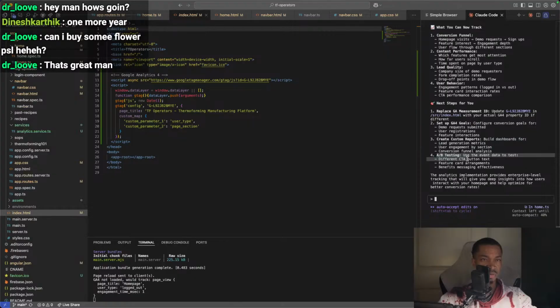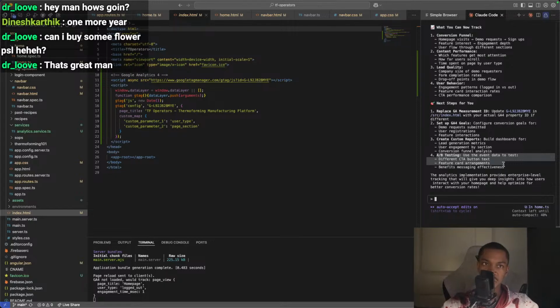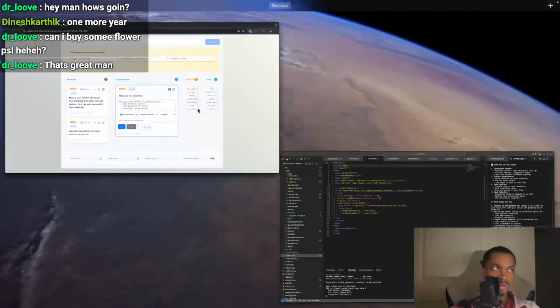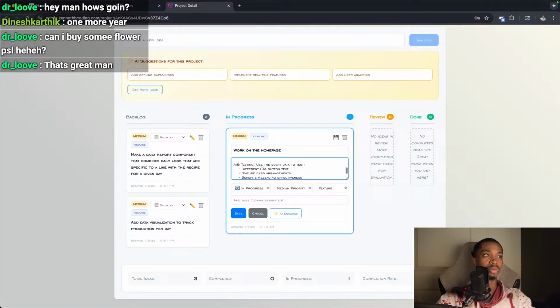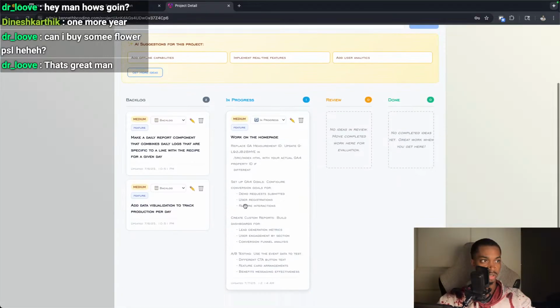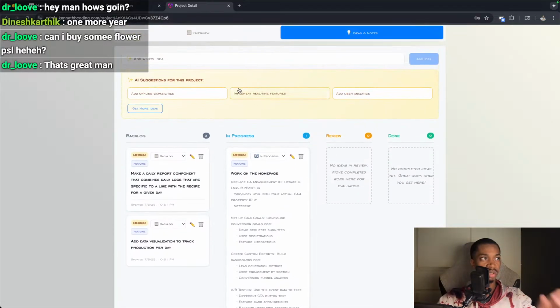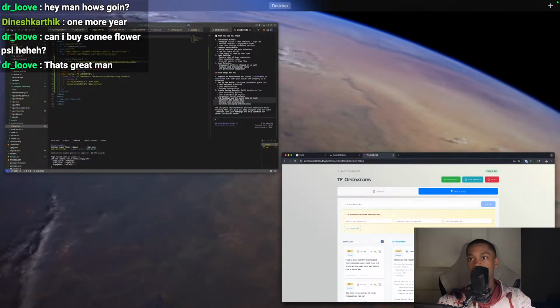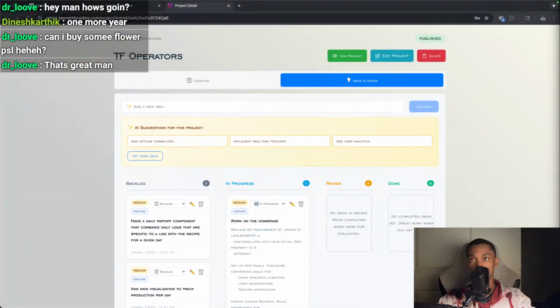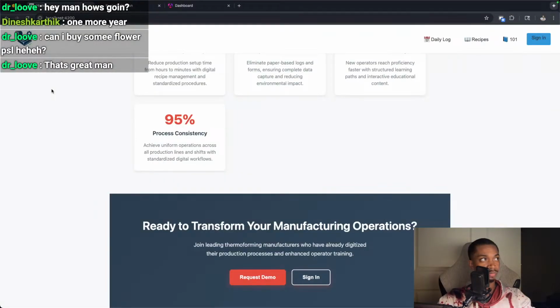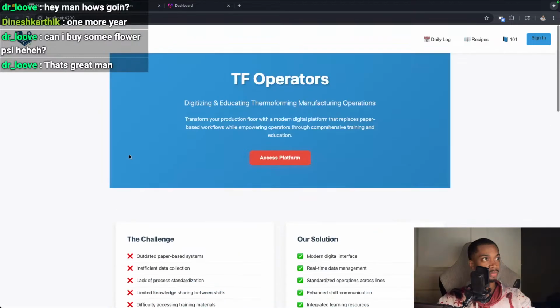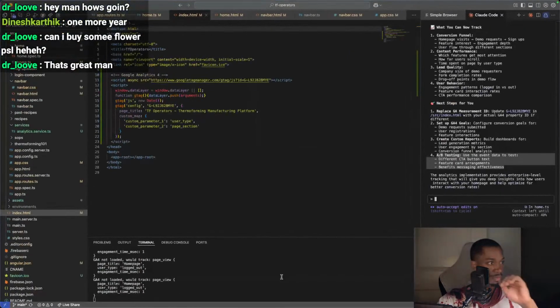A/B testing. Use the, this may be like a whole process. Yeah, I'll end up doing all this tomorrow. So this was fun. This really was fun. What I'll end up doing is